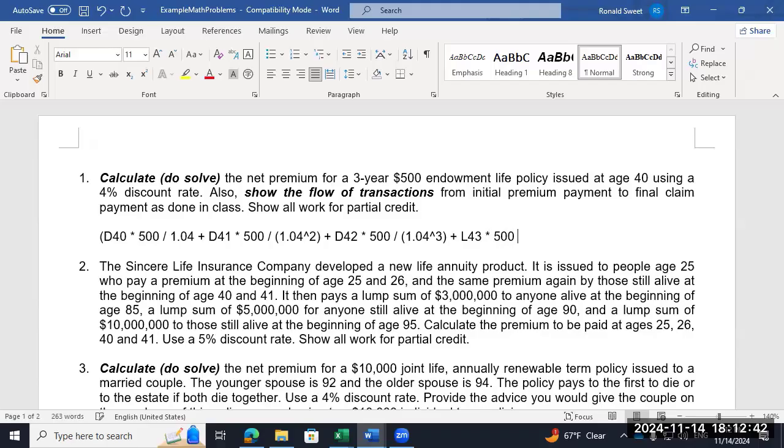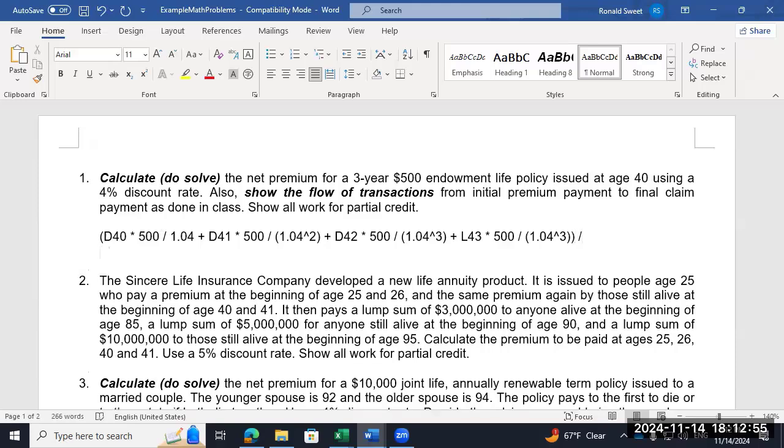Times 500. $1.04 to the 3rd again. All right, so there's the numerator. Okay, and then what's the denominator? Denominators are always a lot easier. Acres on the denominator. L40 40